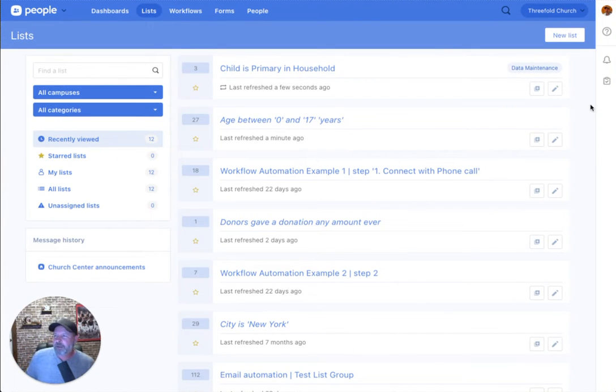Today we're going to talk about Planning Center people lists. Now, lists is one of my favorite topics. Lists are powerful, and lists are the way that we find people inside of Planning Center in our database. So I'm going to run you through lists, give you a quick overview, and then we're going to do a little bit of a deeper dive into lists, and we're going to see some of the